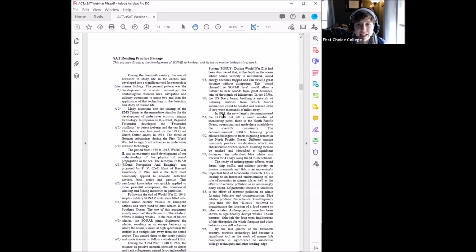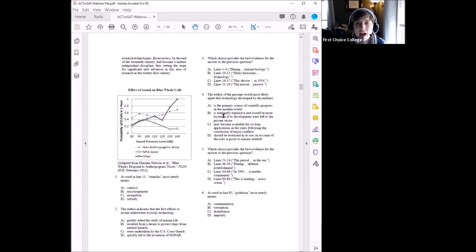Versus some of the SAT questions where we have things like, author indicates the first efforts to invent underwater acoustic technology. So this indication ends up actually being an inference that they have to draw. The SAT reading section has these notable questions we call citing textual evidence questions that make up, I think, about 3 or 4 questions per passage, where they refer to these line numbers. So what students have to do is both find the answer to the question, but also find which line of the passage specifically backs up that answer. And they sometimes have to get really specific.